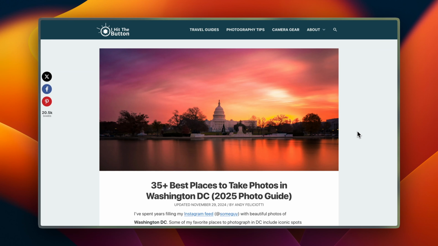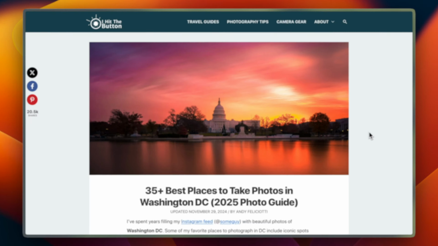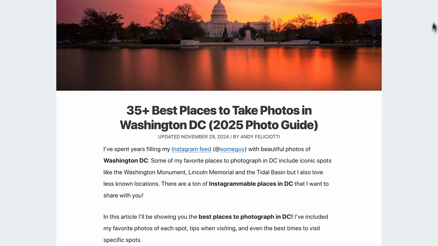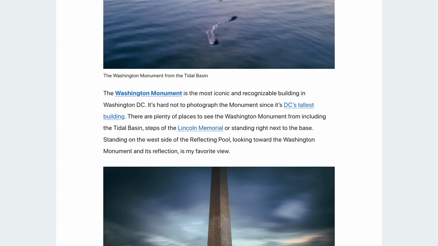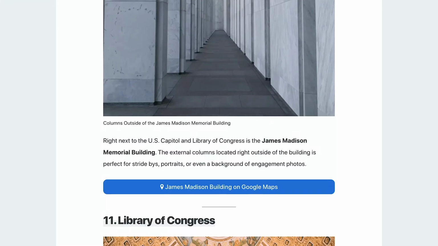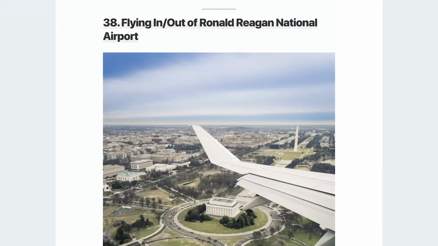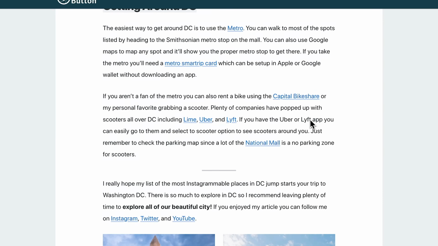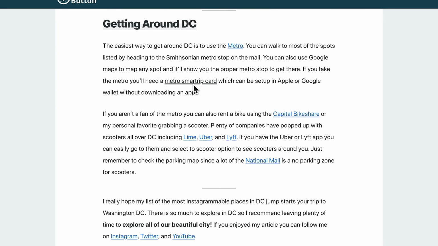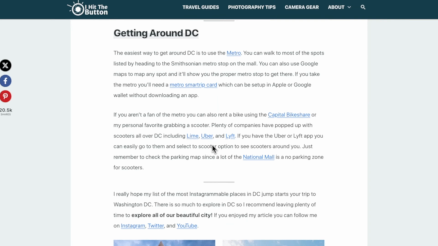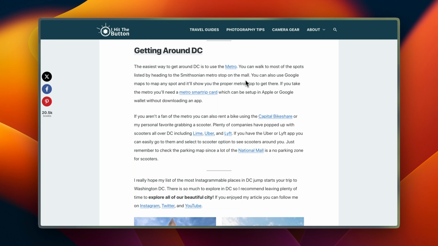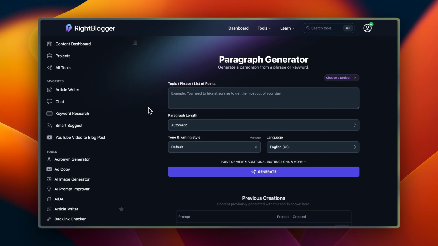So let's dive in. You can see here I'm on a blog post that I wrote. It's about Washington, D.C. photo spots. A really long article going over all types of things Washington, D.C. related. But if you scroll all the way to the bottom, you can see I have a little section about getting around DC where I talk about the SmarTrip card, using an Uber, a Lyft, or a Lime, or using a scooter, as you can see here. Now, all of this is great information that AI may already know, but let's dive into RightBlogger right now,